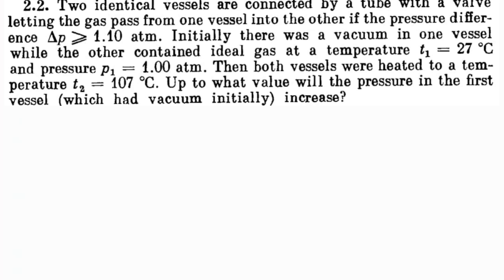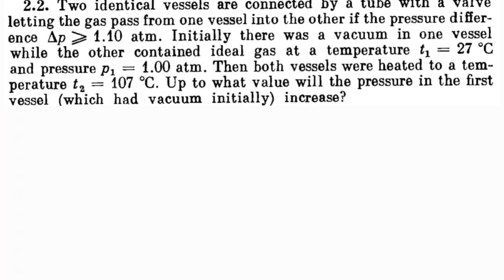So we are dealing with problem number 2.2. The problem is stating: two identical vessels are connected by a tube with a valve letting the gas pass from one vessel into the other. If the pressure difference delta P is greater than or equal to 1.10 atmosphere, initially there was a vacuum in one